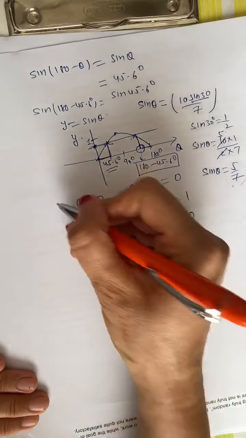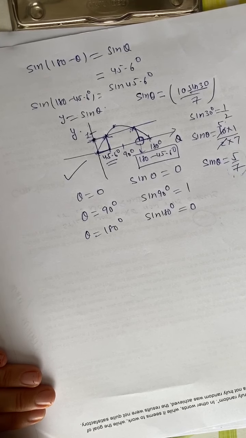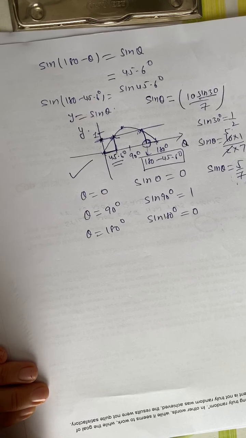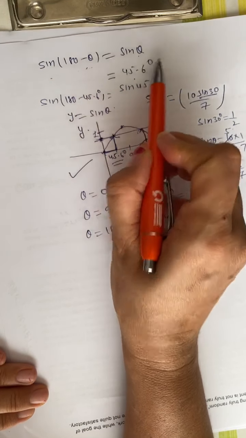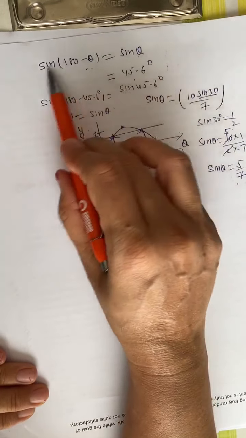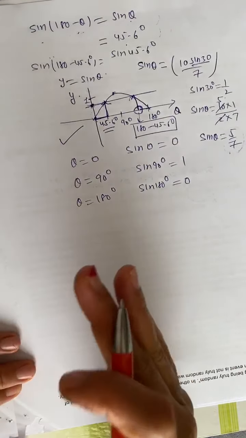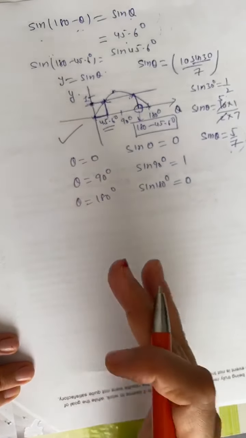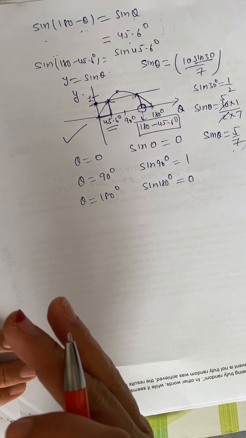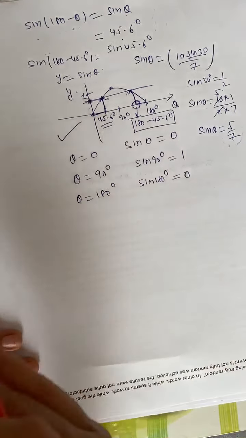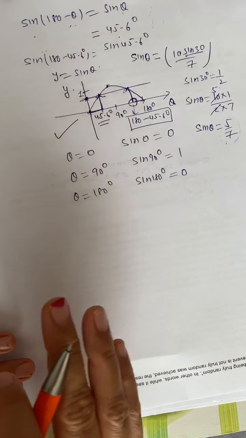This is one justification of why we have two possible values when you use the sine rule. And this is the other one: sine of 180 minus theta is sine theta. We haven't done much more on this, and I will come back to it, but hopefully it's a bit clearer why we need to investigate whether we can have more than one value whenever we are dealing with the sine rule. So whenever you use the sine rule, you always have to look for the ambiguous case.